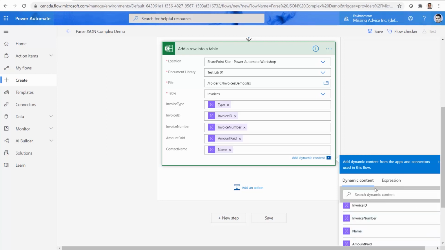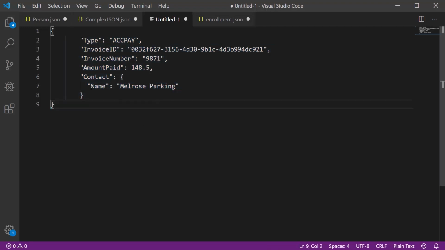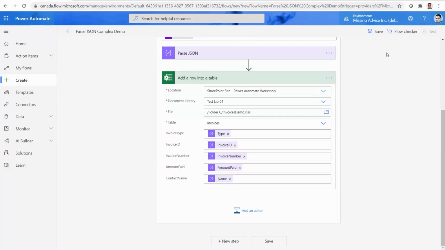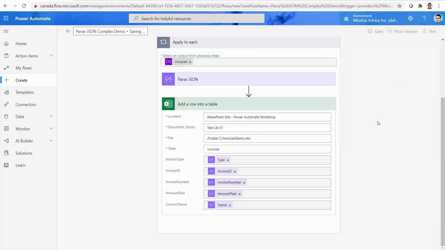Remember, Parse JSON just makes everything flat. This is your responsibility to know where this field is coming from. And if I take you to the data payload again, you see that name is actually the contact name. So it is fair to say we can feed it to the contact name here. Believe it or not, we are done. Let me just save it